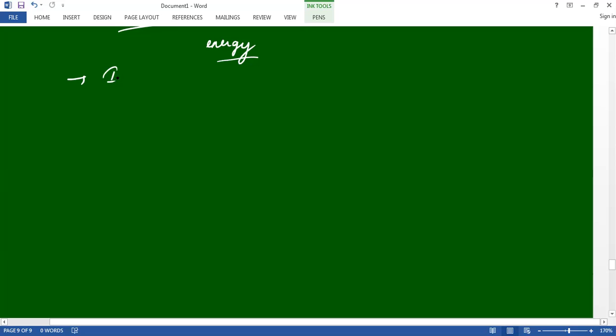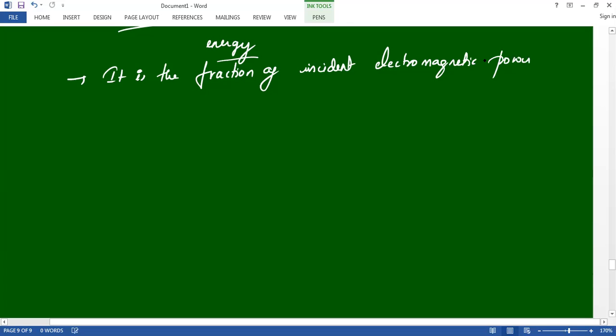Next point. It is the fraction of incident electromagnetic power that is transmitted through a sample, in contrast to